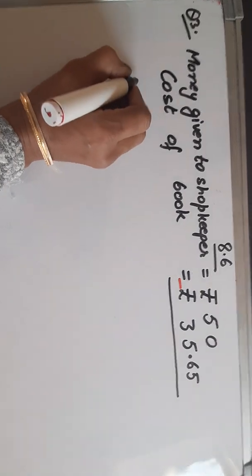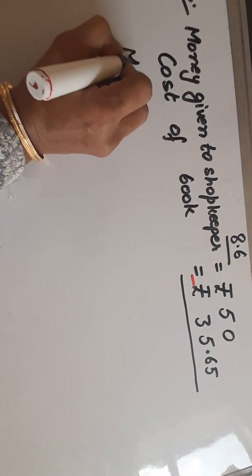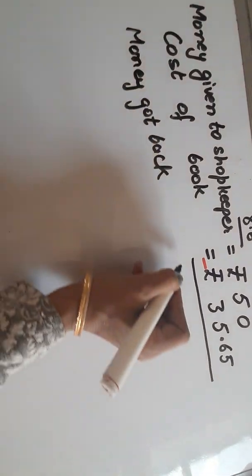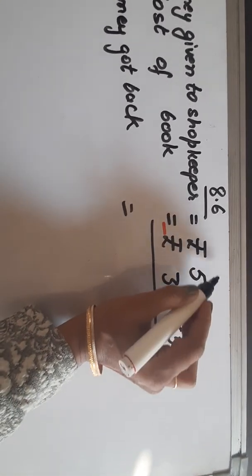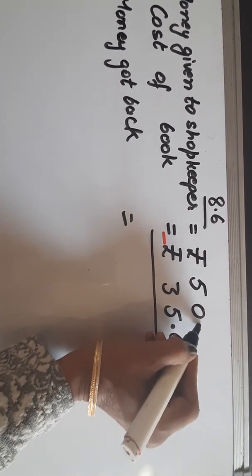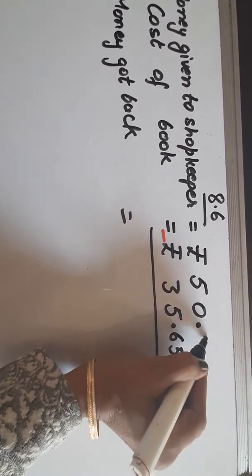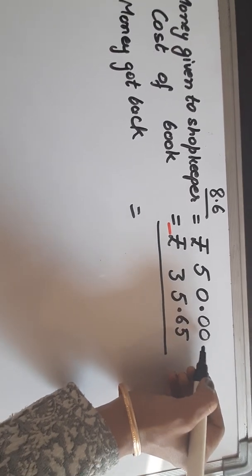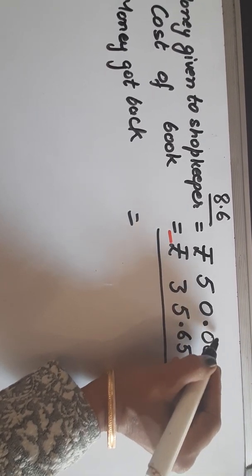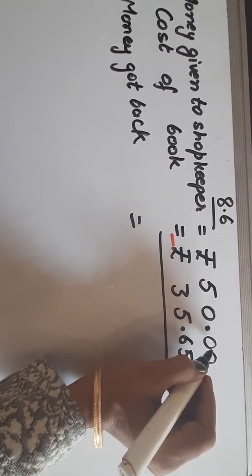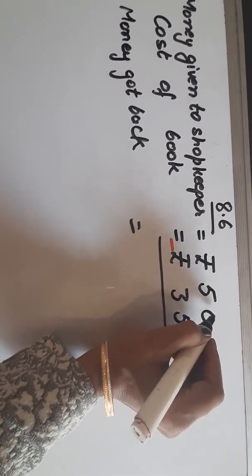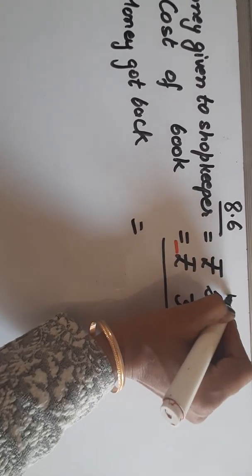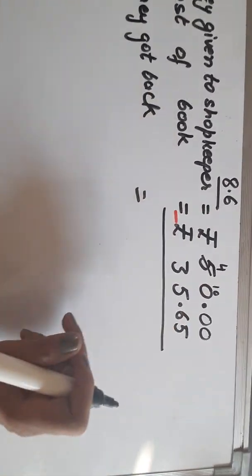Now money got back is equal to, by subtracting it, but as you can see this is without decimal, so we will place a decimal above the decimal and we'll take zeros like this. So let us subtract it. 0 minus 5, 0 is smaller, so it has to take a number 1 carry from the next one. Again it is 0, again it is 0, so this 0 will carry 1 from this number and it will become 10 and it will left 4. 1 will be subtracted from this.